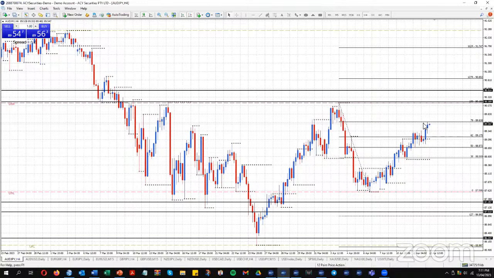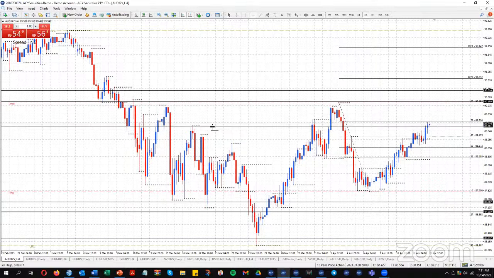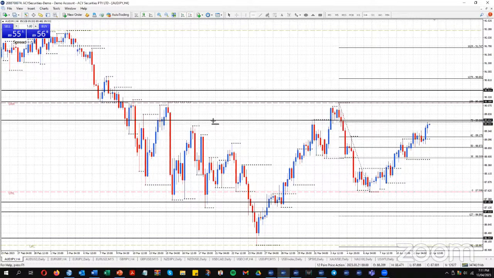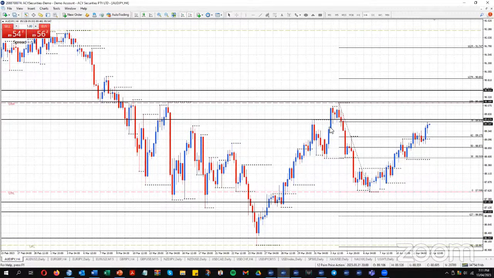There's a bit of an area of resistance over here, an area of resistance here from that top. We're a little bit fractionally above, but there's this top just there, which is a little bit short of. So yeah, we're at the 79% level. It is worth monitoring over the next 24 hours how price starts to react up there, because we could just see a reversal down from that level.